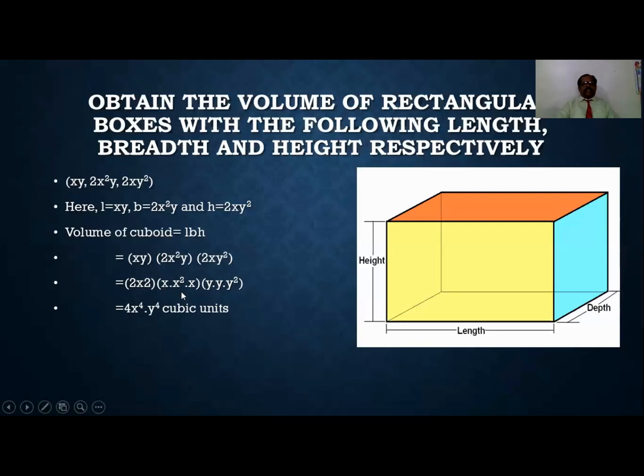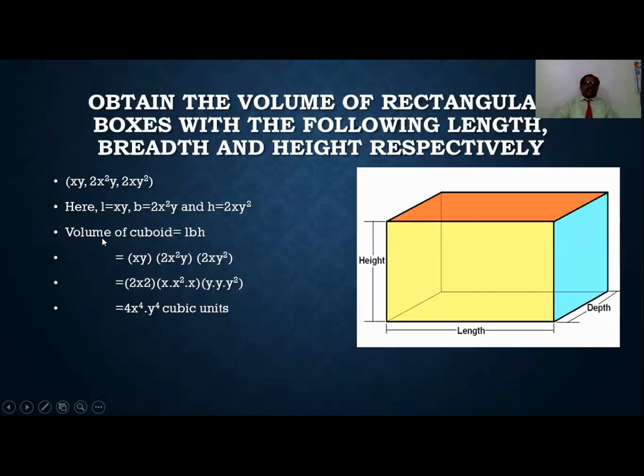Then the product of x square and x is nothing but x raised to 4. And then the product of the terms of y, that is y into y, the powers are 1, 1 and 2. So taking the sum of 1, 1 and 2 will give us 4. So in this way we have the volume of the cuboid as 4 x raised to 4 y raised to 4, this many cubic units. As we know, the unit for finding the volume is cubic units, just like centimeter cube, kilometer cube, like that. So here it will be cubic units, as the unit of length, breadth and height is not given, so we can consider the unit only.